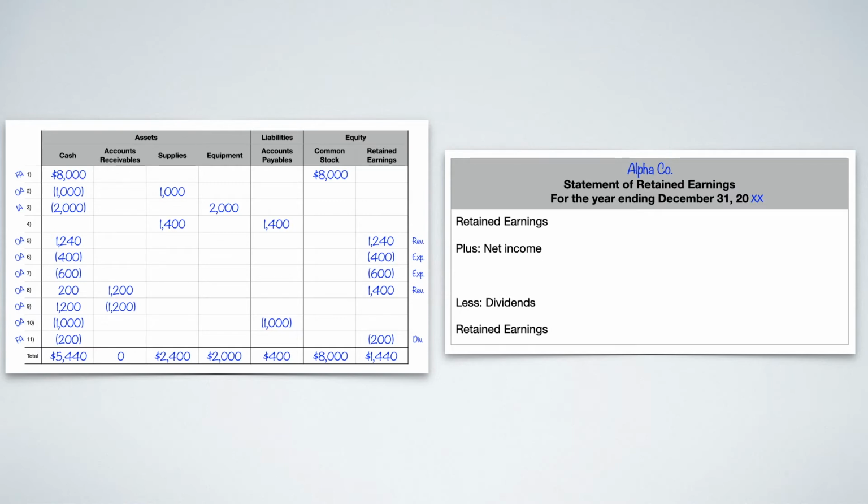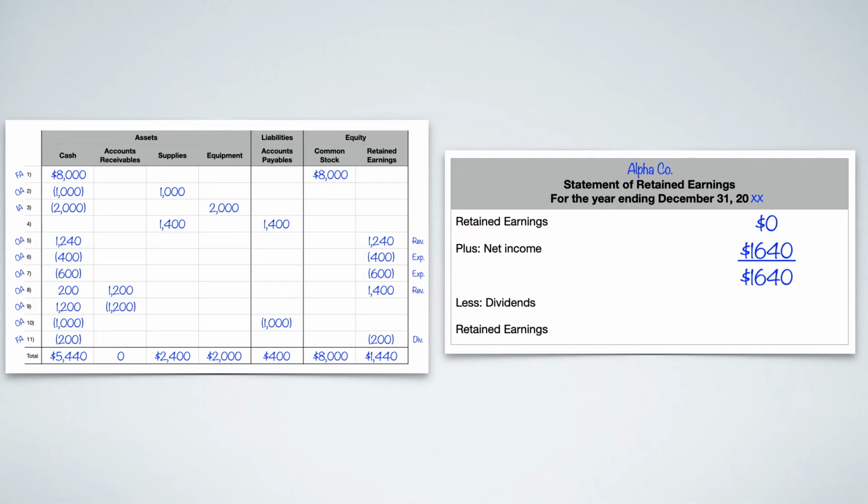No matter what you've invested in it, everything starts at zero. So for us in this one, our beginning retained earnings is going to be zero. To that, we're going to add the net income we just found, which is the 1640. And if we add that together, that's going to give us 1640.